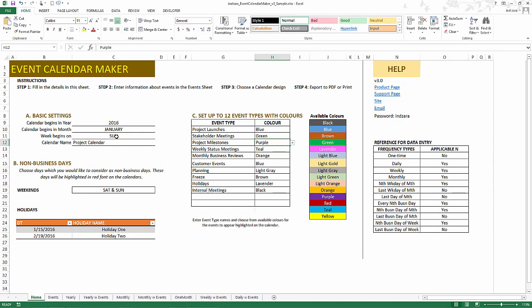So I'll provide some videos to further extend this template's functionality. And for now, if you have any questions about the features of this template or how to use